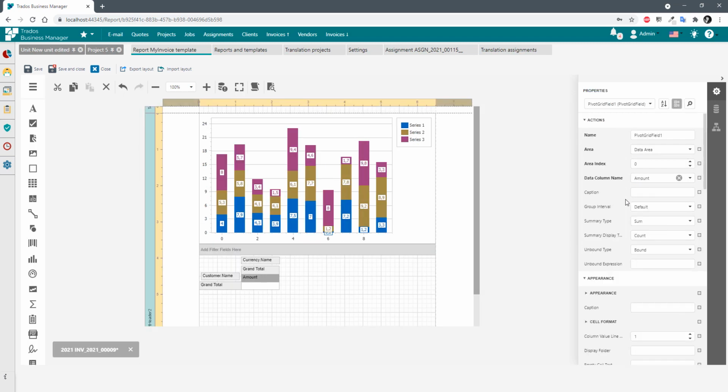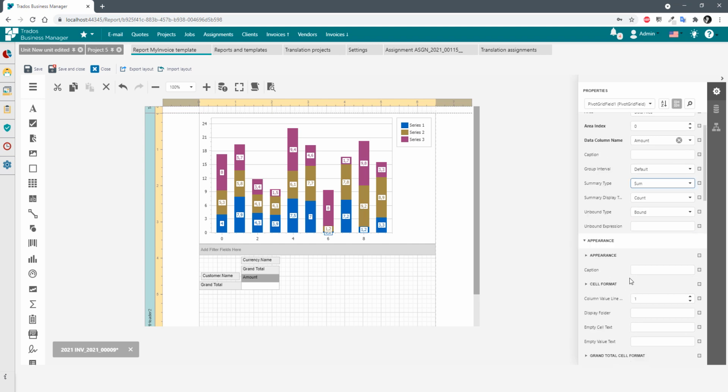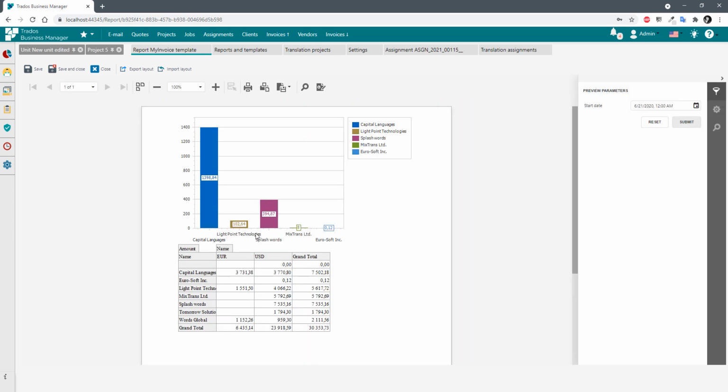Let's go to amount and date. We have amount, caption, group interval, summary type. We can use different summary types in our pivot table. Okay, appearance, caption, cell format, format type none. Let's say it will be numeric, and format string will be N2, like that. Let's try again, go to preview, submit, and we have correctly formatted numbers here, list of customers, and list